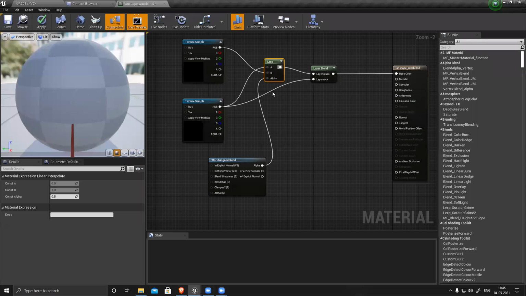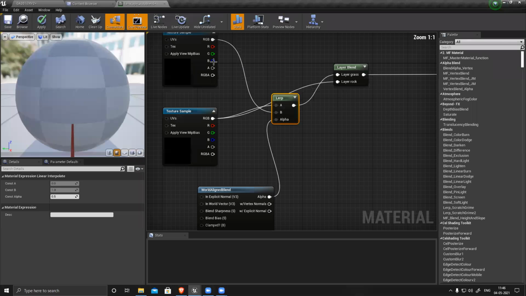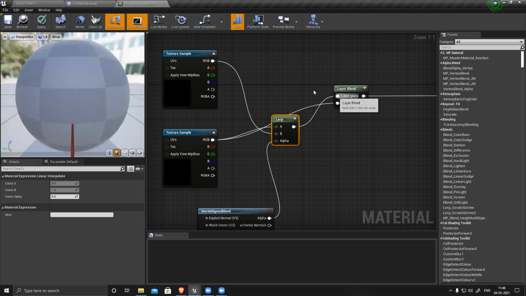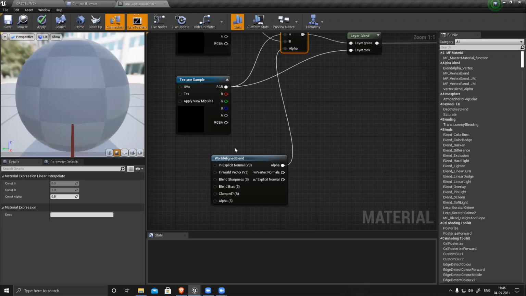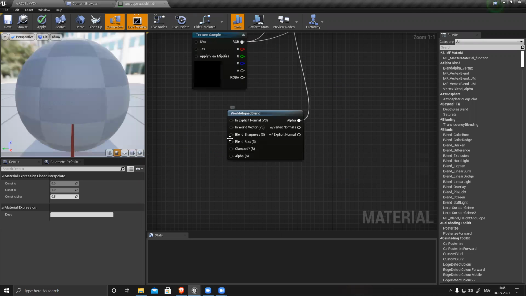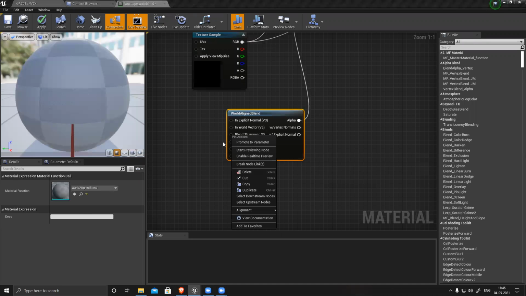The only thing you need to understand is, if you connect this directly to grass, it will expose grass directly, right? There is no blending happening. So if I want to blend the rock and grass together, I'll connect the grass to B and my rock to A. With this alpha, it will expose the grass wherever this parameter is exposing. So for blending, convert to parameter.